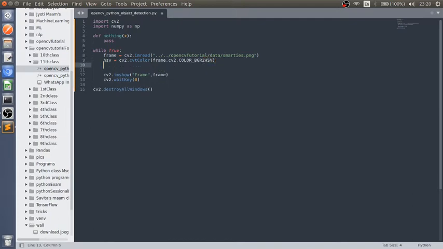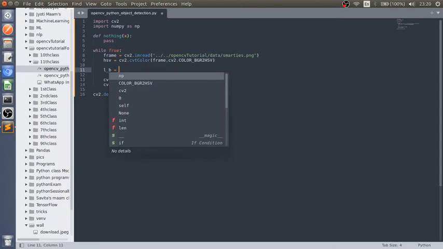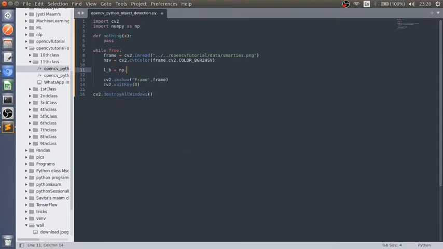Then next we have the lower values of blue color. I did an experiment previously, so I know the lower HSV color of blue. First is 110, then 50, then 50.